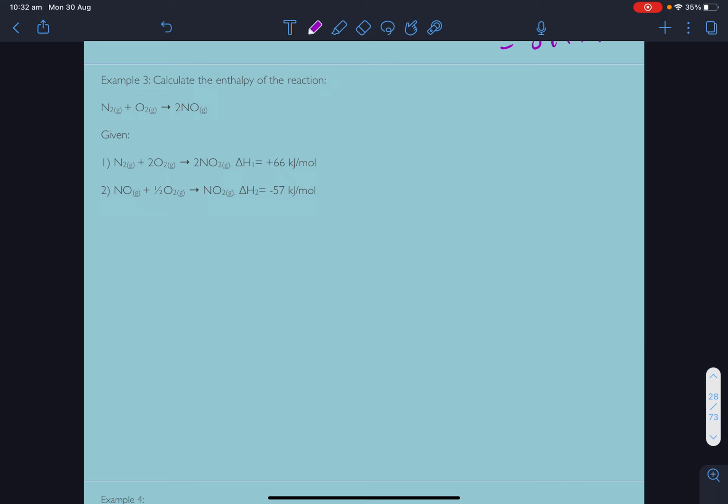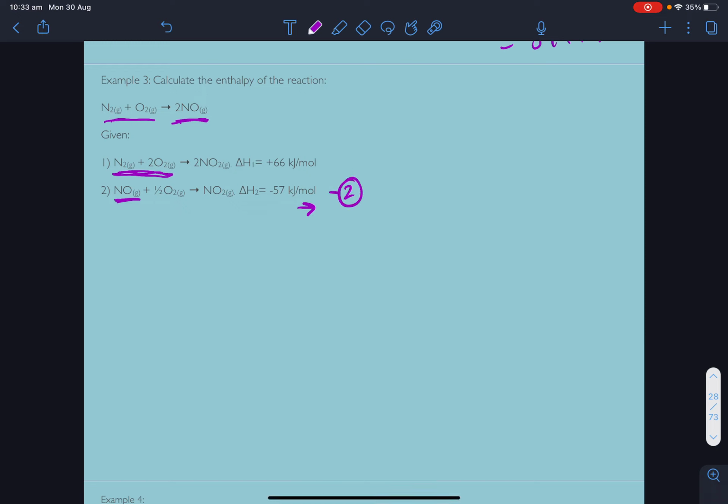What I'm trying to do is up the ante a bit. So we've got nitrogen and oxygen going to nitrogen monoxide. And here in 1 and 2, you can see we've got nitrogen and oxygen going to nitrogen dioxide, and then nitrogen monoxide and oxygen going to nitrogen dioxide. Looking at the top, I've got nitrogen and oxygen on the left, and in number 1, I've got nitrogen and oxygen on the left. So I might just leave number 1 by itself. Now on the right-hand side, I've got nitrogen monoxide. Down the bottom here, I've got nitrogen monoxide on the left-hand side, and I want it on the right-hand side. So what I might do is